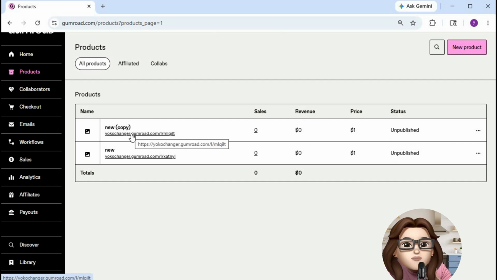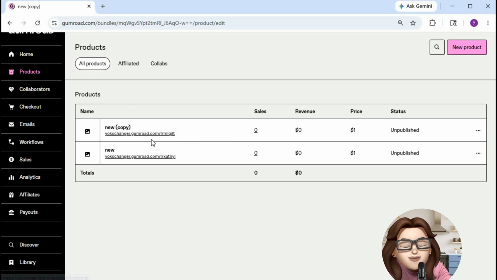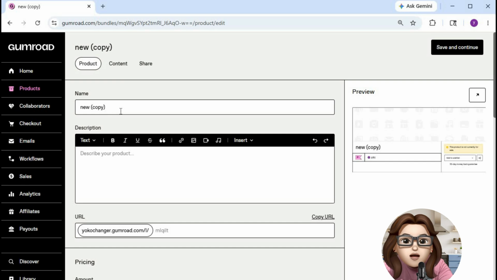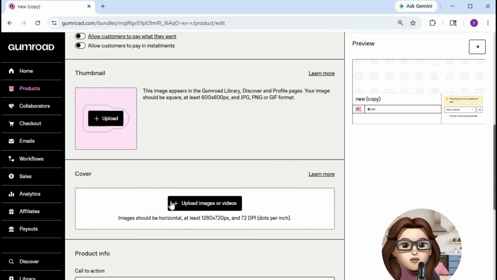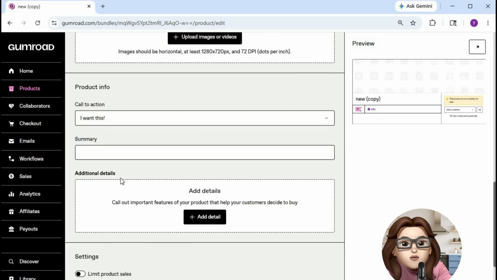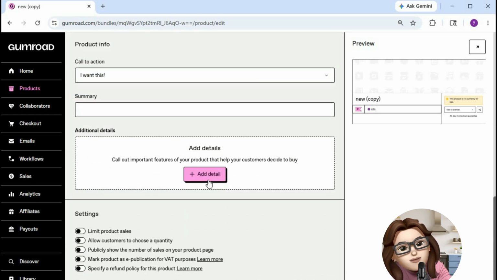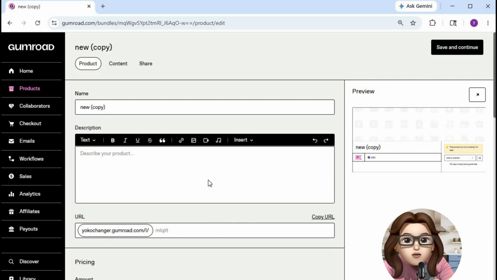After the duplicate is created, you can open the copied product and customize it however you want. For example, you can change the product title, update the price, replace files, upload new cover images, or edit the description. This is useful when creating different versions of the same product, seasonal editions, bundles, or products in multiple formats